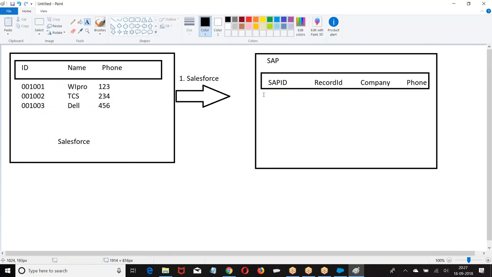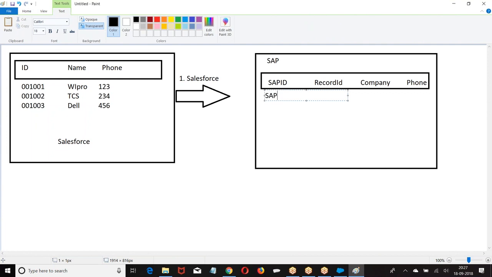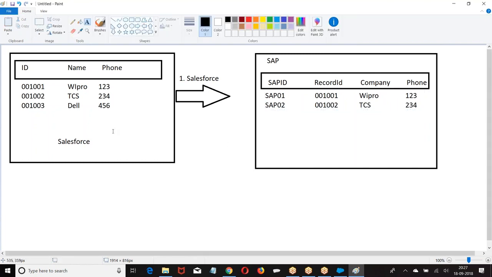When you are sending this data, in SAP they are saving it like SAP 01, name of the company. Both tables may or may not have the same names. First the Salesforce people send the data to SAP.